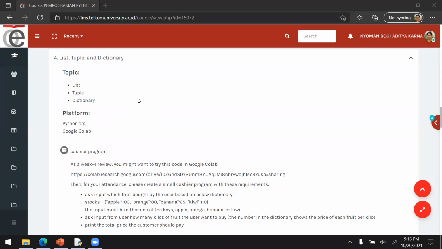List is just like an array, but compared to an array in C language, where we have to define an array with the same data type, for example array of integer and array of character, in list in Python we can mix several data types. For example, I can create a list with members of integer data type, real data type, and also a string. So we can mix up all data types inside a specific list.